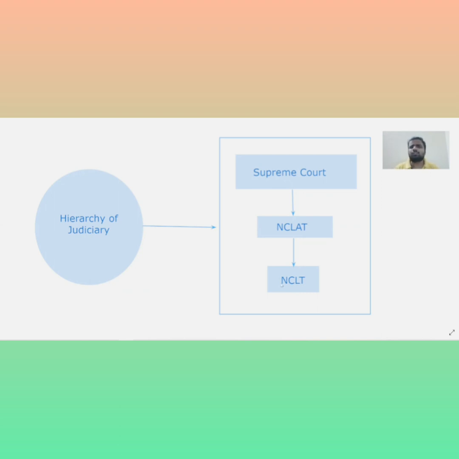If after meeting the teacher you're not satisfied, what will you do? You go to the supervisor. Your supervisor becomes your NCLAT. Even after meeting with the supervisor, you're not happy with whatever solution she is giving. So you are going to the higher authority, that is your principal, and your principal becomes your Supreme Court. So in basic sense, hierarchy is the order of authority or order of judiciary. In this case, the first is the NCLT. Then if things don't work, you go to the NCLAT. And if things don't work with NCLAT as well, you go to the Supreme Court.